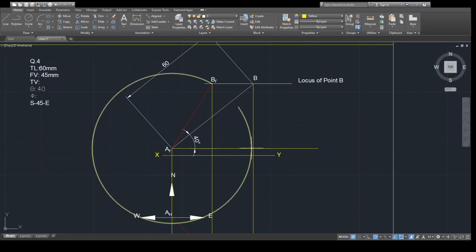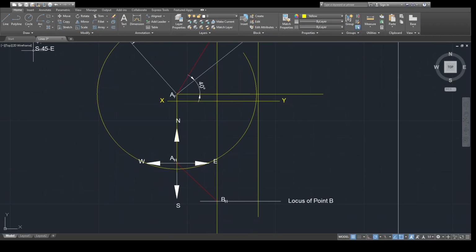Yes. So this is the point. Now the extra part of the arc, I will directly extend the line down. Okay, and this part I will remove for better understanding.